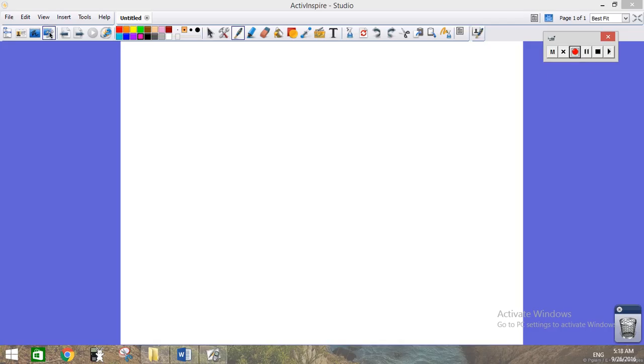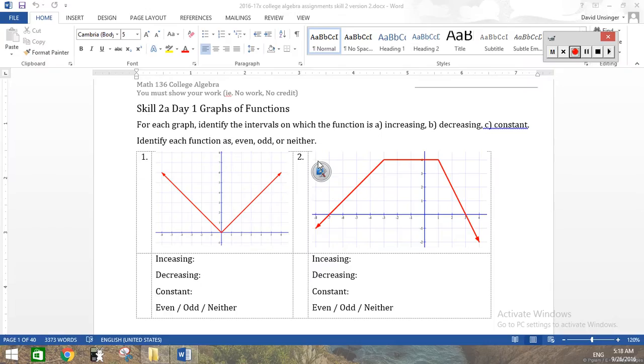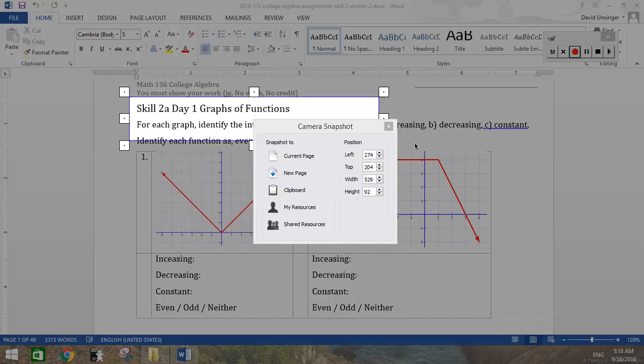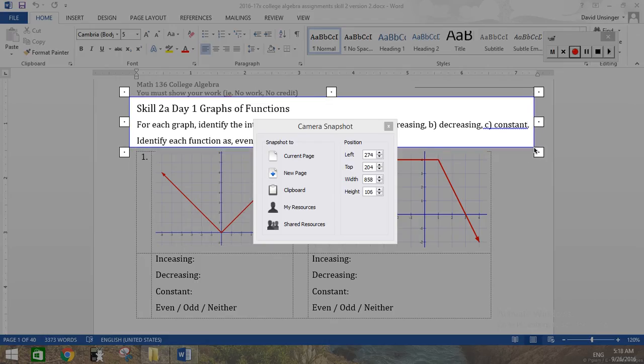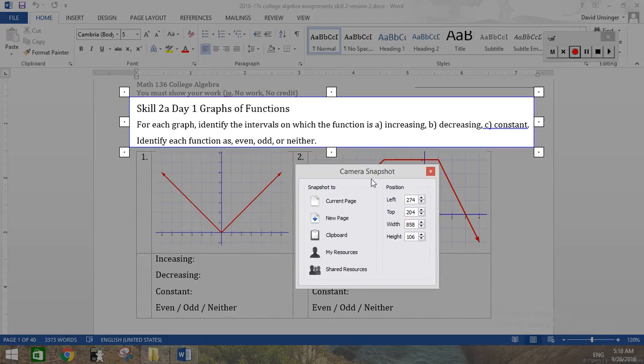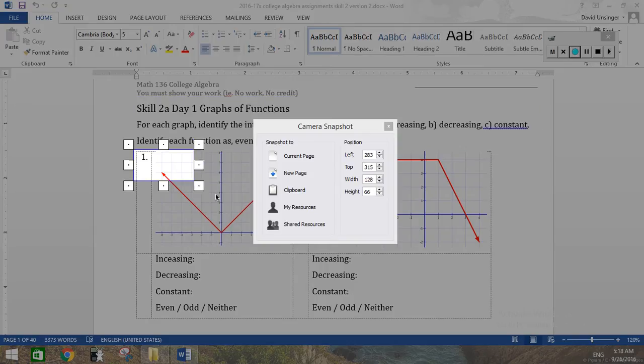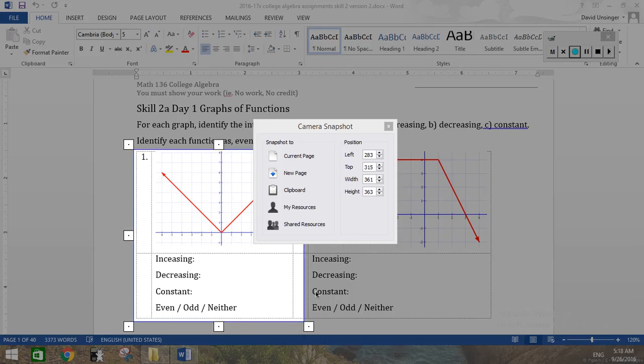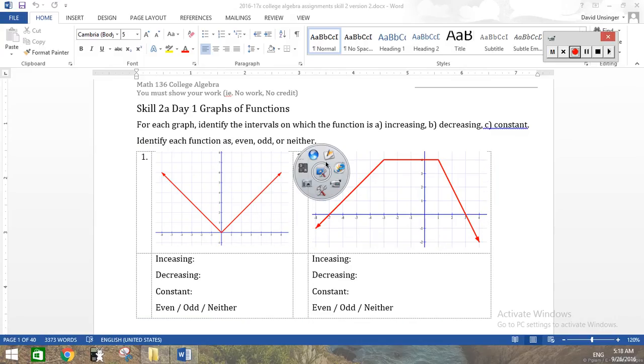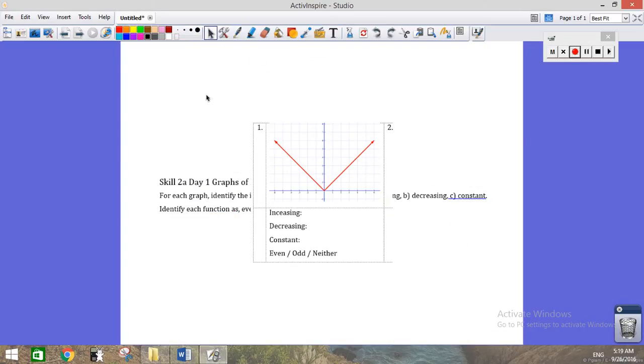Alright, so let's take a look at some of these homework problems on our identifying intervals on a function where it's increasing, decreasing, or constant. Alright, so